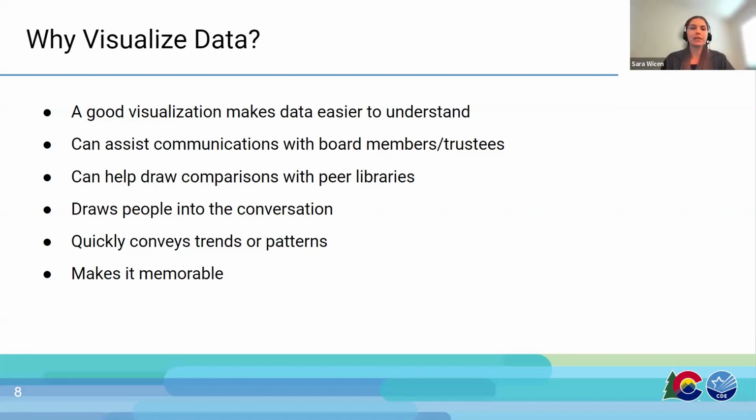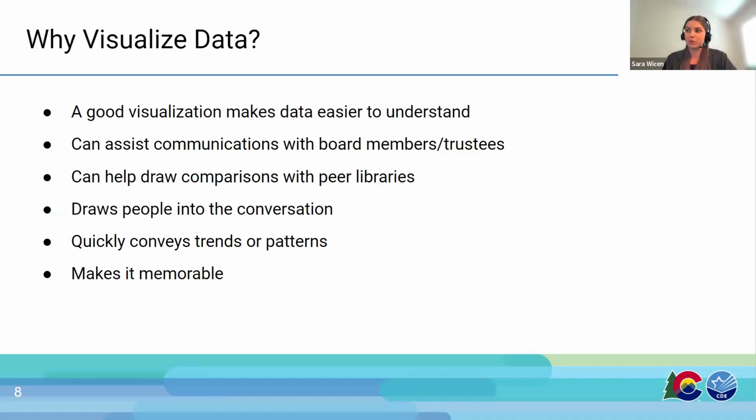So just to recap this slide here, data visualizations can make data more accessible to people who can't spend time sorting through large data sets, don't have the time to do that, or interest in it. They can also be used in presentations to library boards. Thinking about your audience is very important with library boards or trustees.